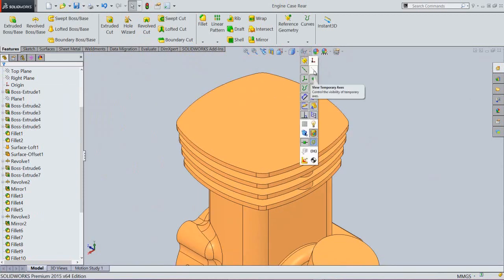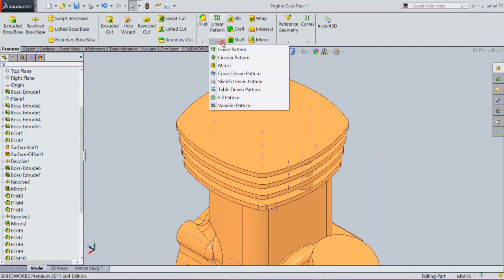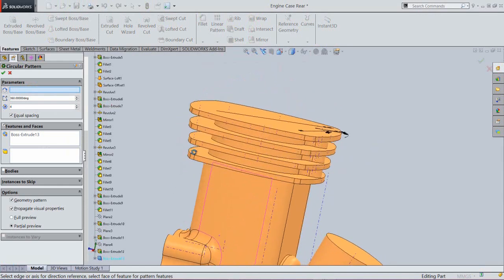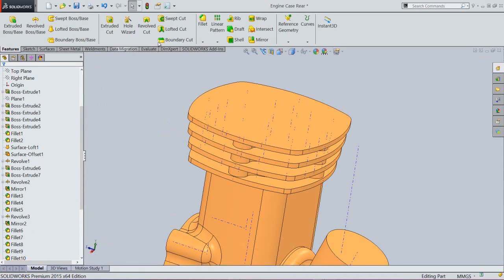Now open the visibility of temporary axis and activate the circular pattern tool. In the feature area, select this extrude feature. Go to the pattern axis. Select the axis. Okay, now the preview is visible here. Click OK.